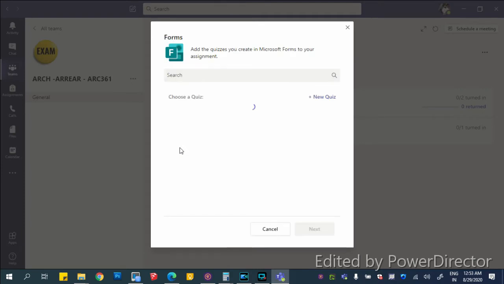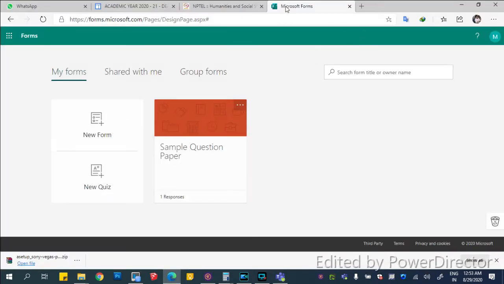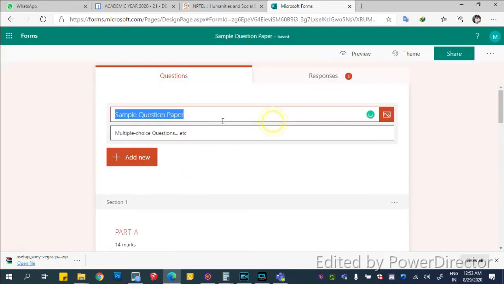Now the advantage of giving a quiz instead of giving a link, the advantage of giving a quiz in the assignments is you can restrict the users who can write the quiz. So we have created only one quiz called sample question paper in our MS Forms. If you look at my forms, there's only one thing called sample question paper and it is reflected here. If you want, I'll change the name to